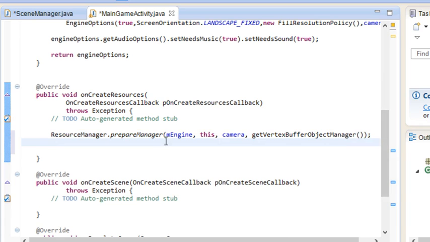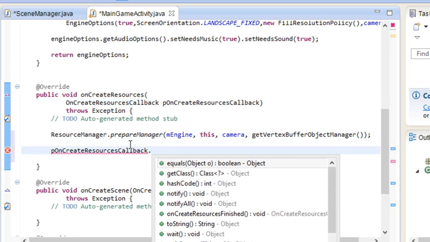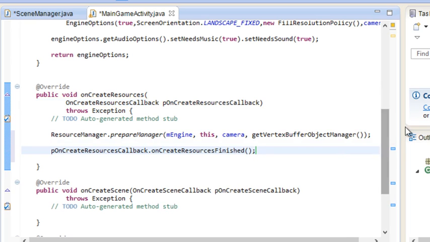And that's all we need to do. And then we need to use this callback here. So you can copy and paste it. Just copy it, Control C, Control V, and we need to call on create resources finished,